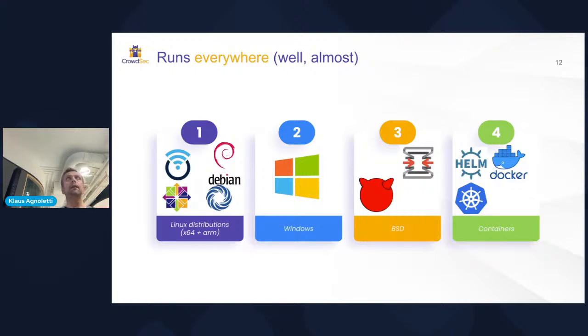It's not as feature rich as the Linux version, but that's more the Windows stack in terms of, for instance, the programming languages CrowdSec hooks into, which I'll talk about a little later. We don't hook into C# because nobody in the company knows anything about C# or .NET. So yeah. Anyway, FreeBSD, OPNsense, Helm charts, Docker, and Kubernetes, of course.